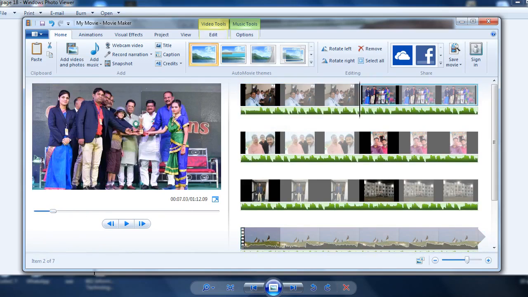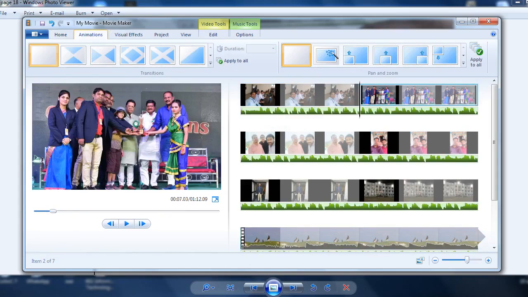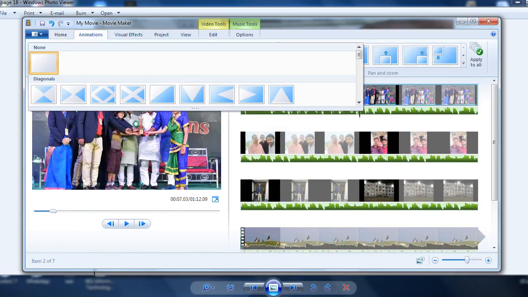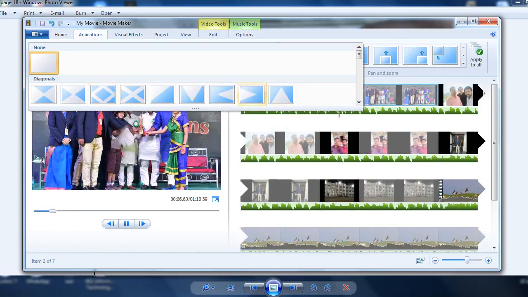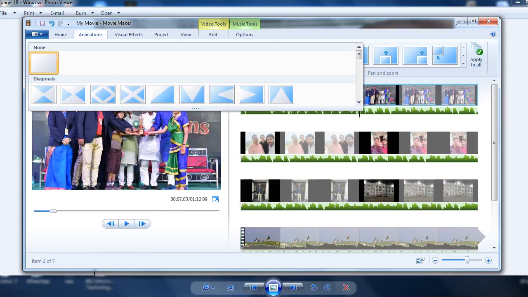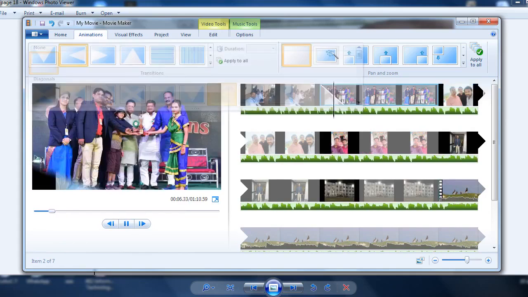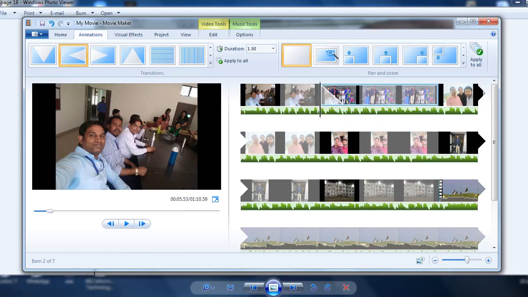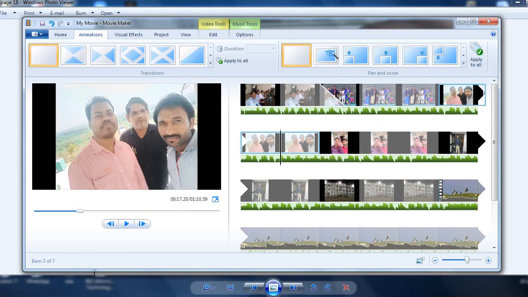So here we are applying it on this second image. Animation tab, and here's the drop-down list. Here we have a number of options.